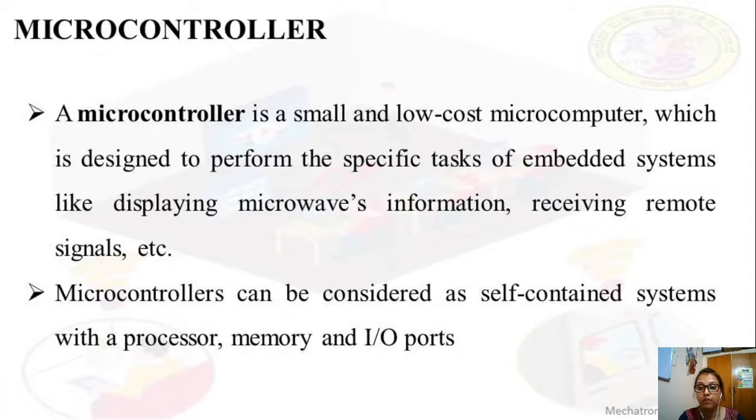A microprocessor computer is used for general purpose applications. With a computer, we can listen to music, watch a movie, send a mail, write something, make a presentation, or print. We can use a printer and a scanner with the help of a computer. So a processor means general purpose application. A microcontroller means only a specific application.